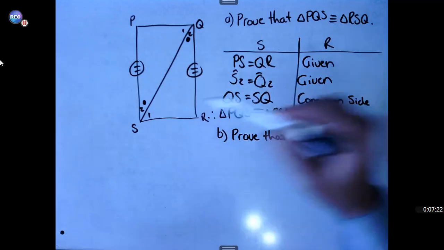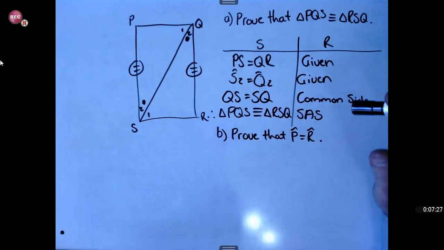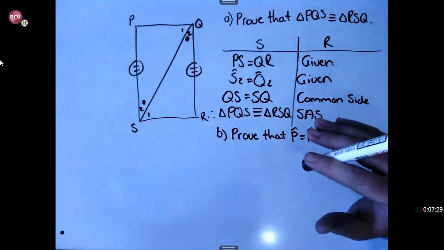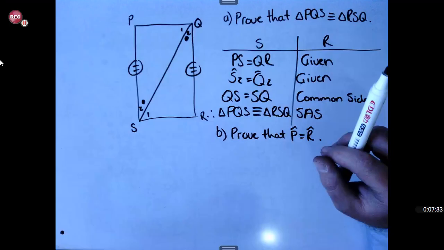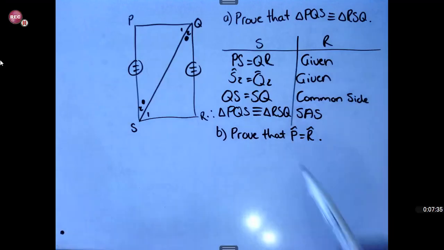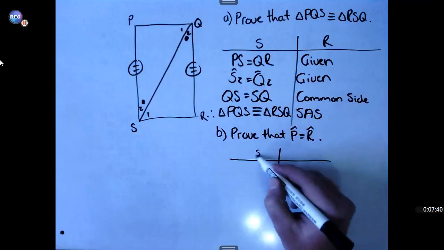Which means that these two triangles are exactly the same triangles, okay? With regards to the lengths in the corresponding sides, as well as the angles in the corresponding angles, okay? So, to prove that angle P is equal to angle R